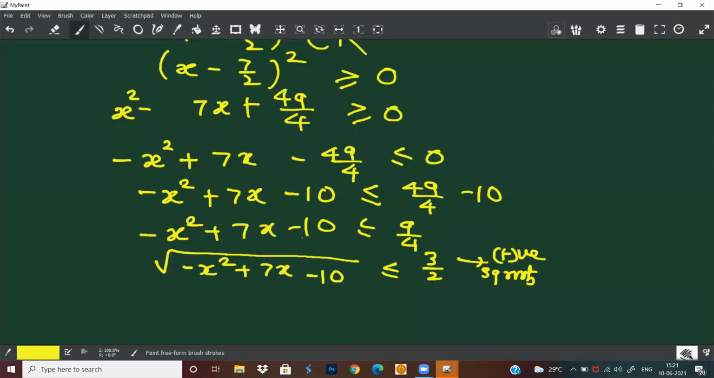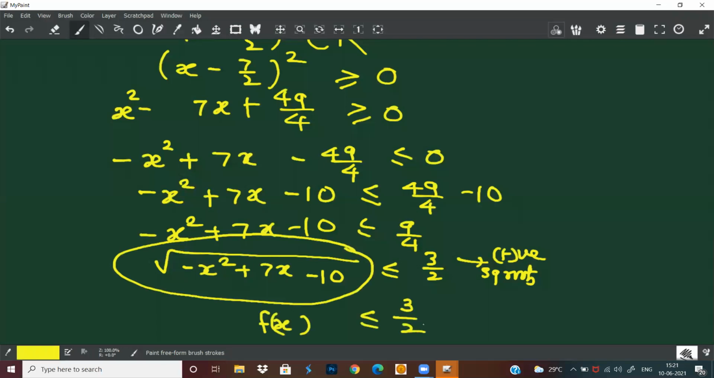What is this, tell me? What is this? Is it not my f of x is less than or equal to 3/2? You know, many times when you solve, students leave it here, and if this is one of the options, they give this option, but it is an answer halfway through. What we have seen, your f of x will be defined only if root of f of x